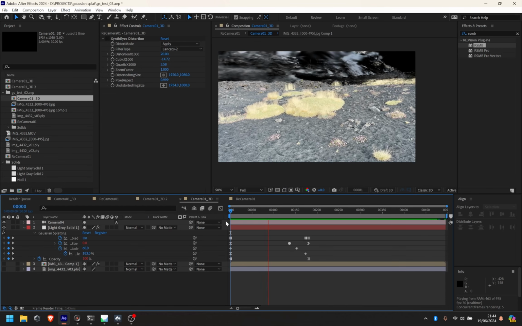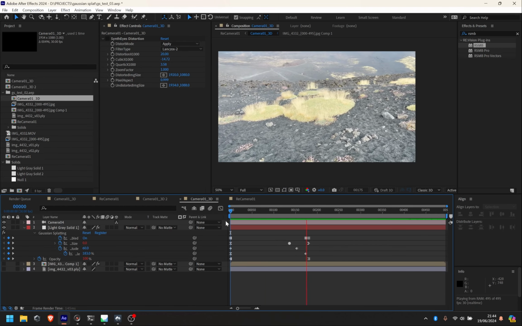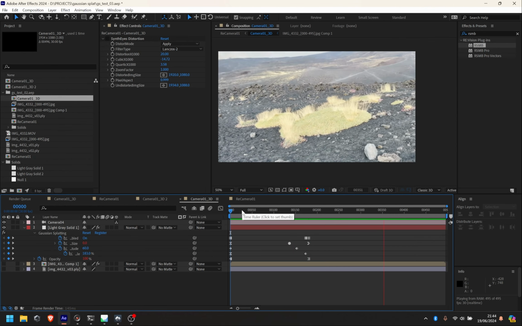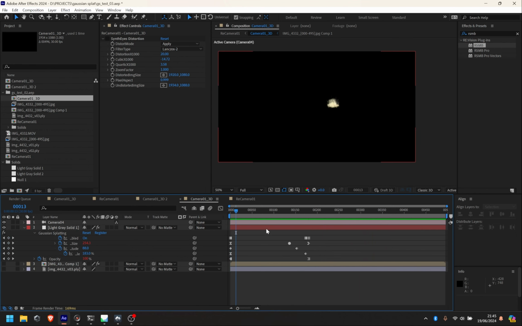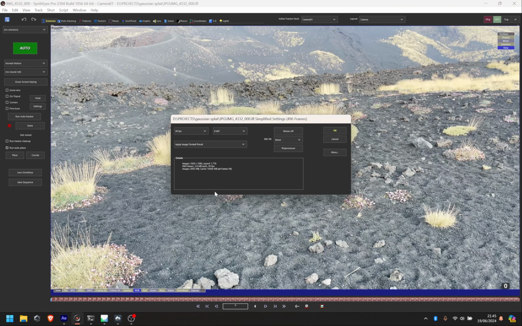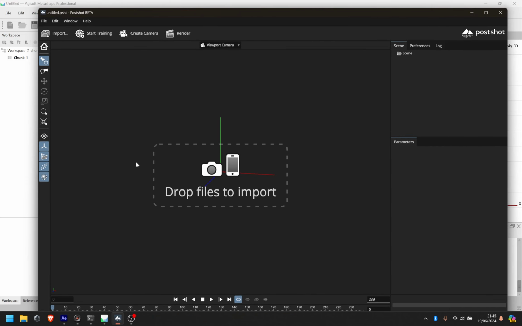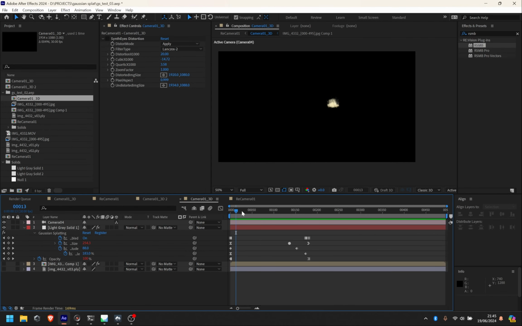So, in this video, I'm going to be trying to show you how it's possible to take some footage that you've shot on an iPhone or another camera and track it in Syntheyes, and then bring that tracking data into After Effects and into Metashape, and then use Metashape to transfer that data into a format that can be read by Postshot, and then training the splat Gaussian splatting file and bringing that PLY file back into After Effects and combining it with the camera that came from Syntheyes to end up